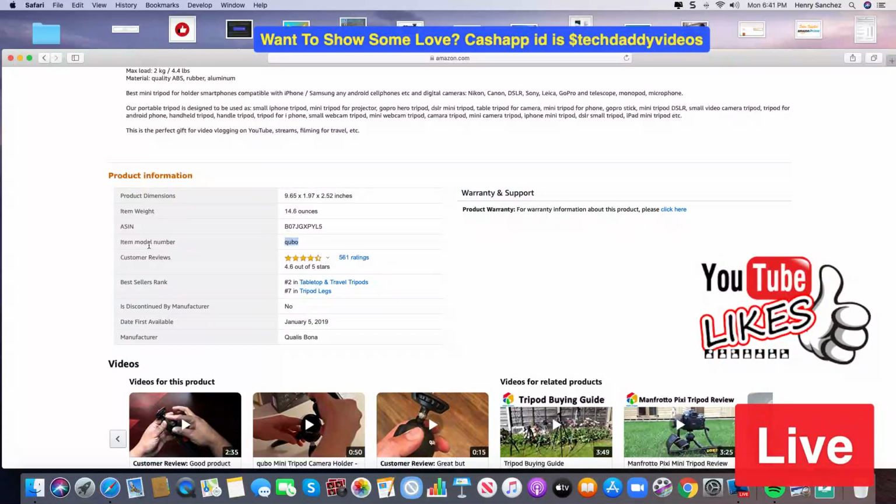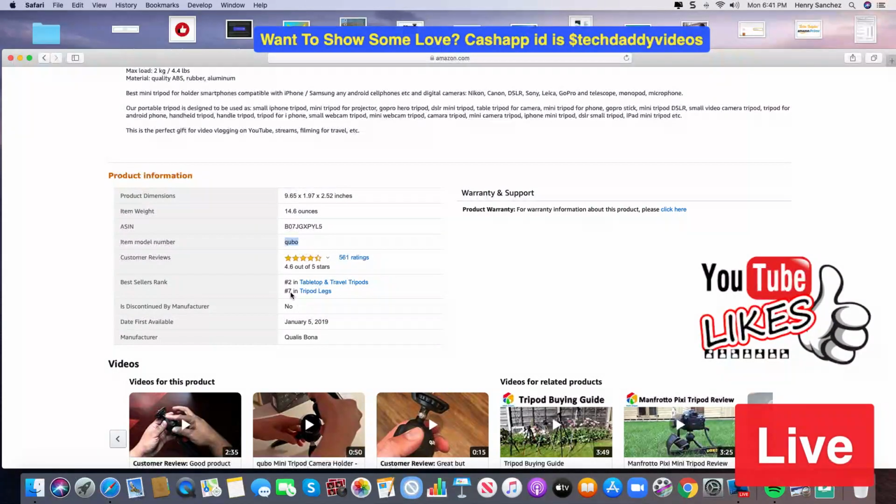For the item model number, they put in their company name. That is another hint for when you are creating the listing and it asks you for the model number. Put in your company name, and that will help you out.